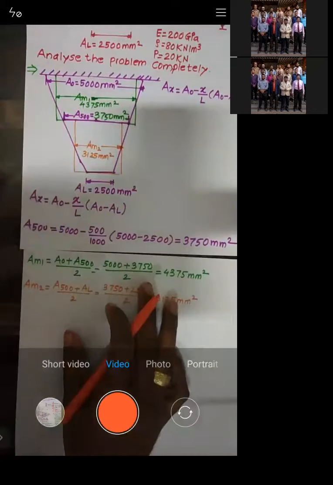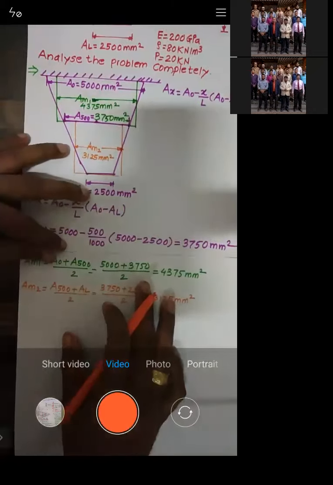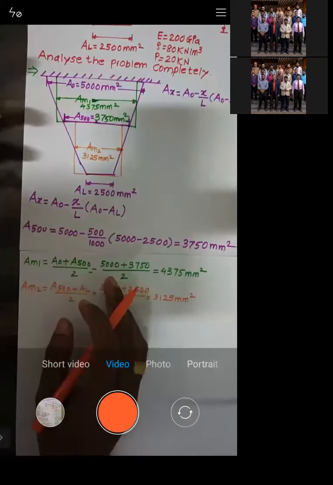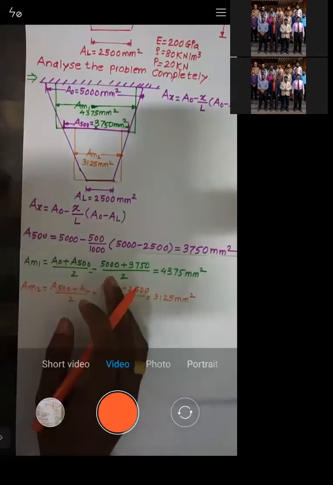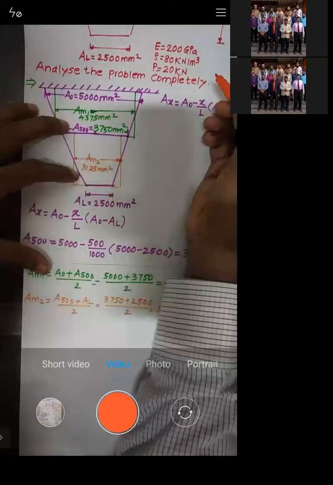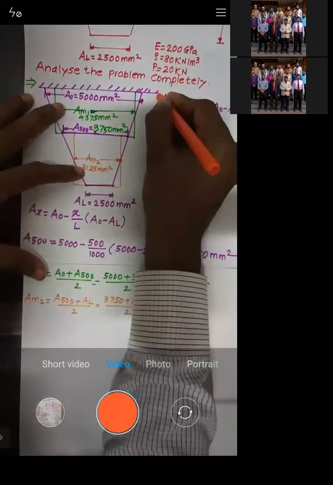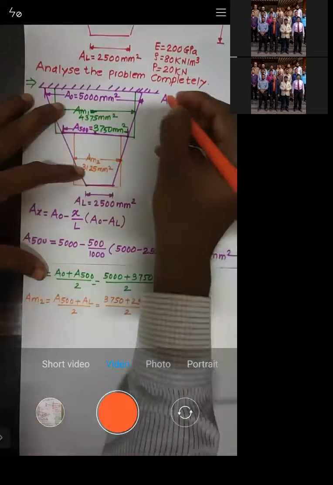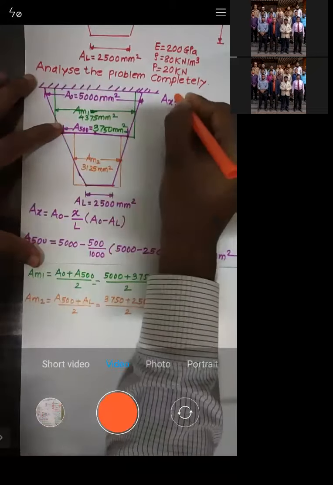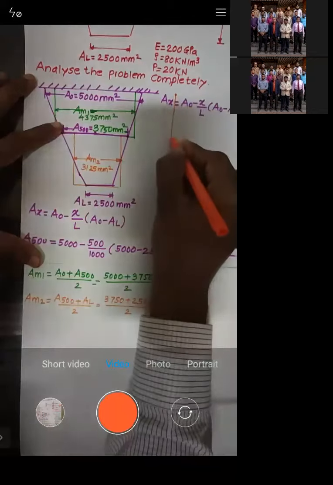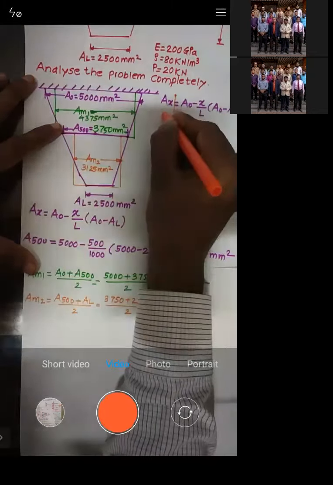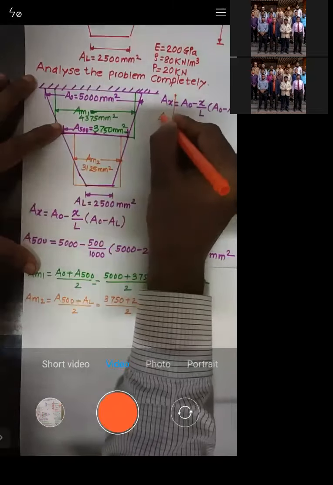But the next thing is that, as I told you, when any bar is hanging vertically, obviously the gravitational force will come into picture, right? So if I need to draw the diagram for the elements, I will just write it down here. Try to understand. This is element number 1.